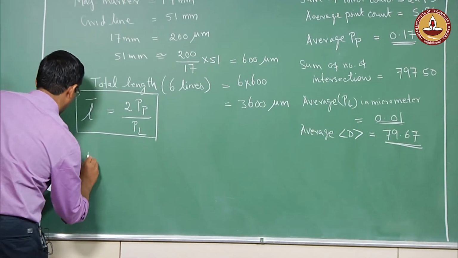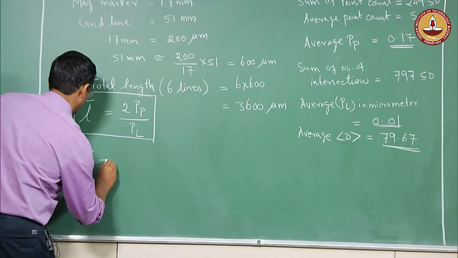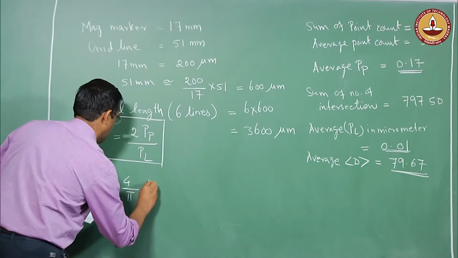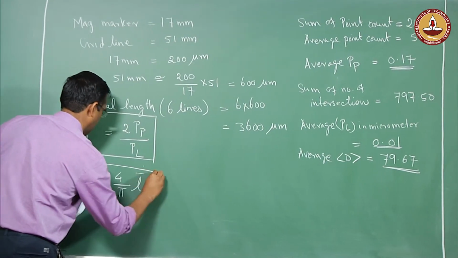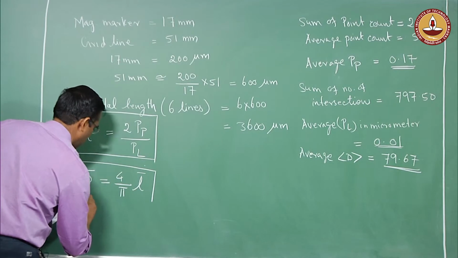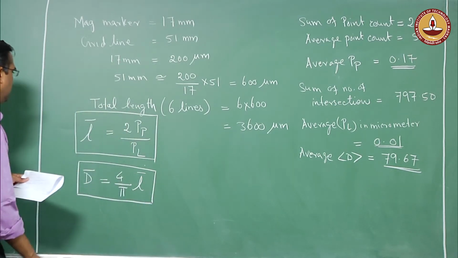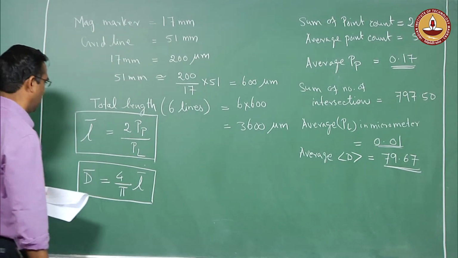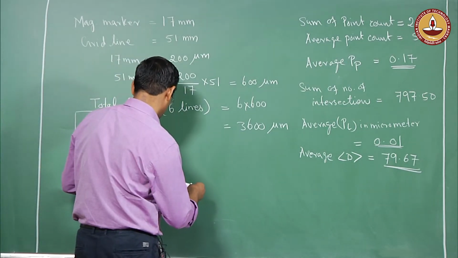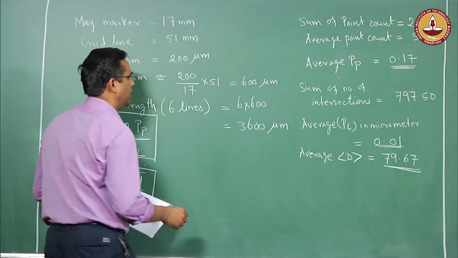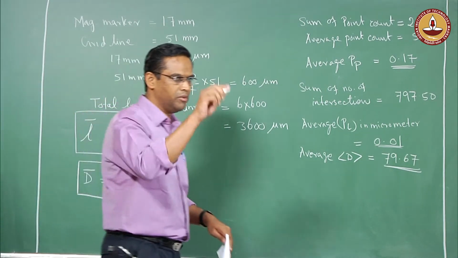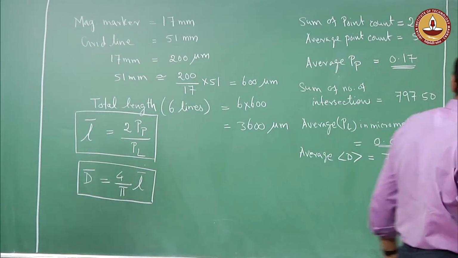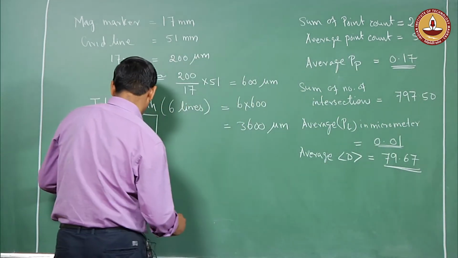We have seen already that this average D is related to 4 by pi times this, which is another very powerful relation. We can simply calculate this. We can also do something called, if you remember yesterday when we measured the boundary length with that intercept, we can also derive some other